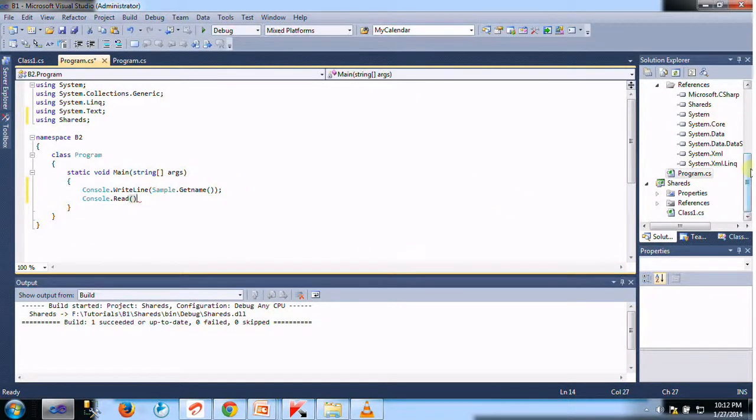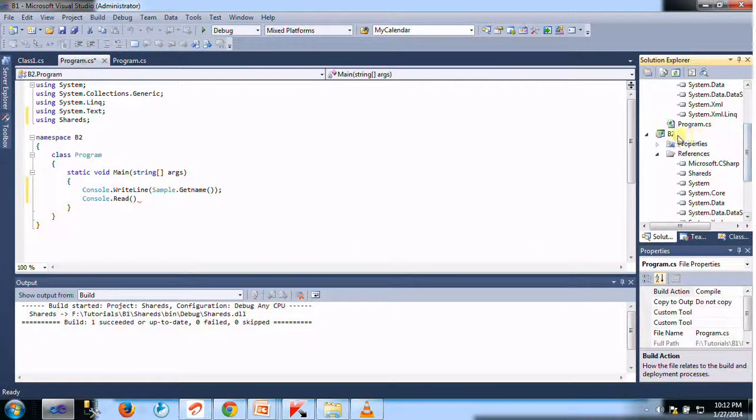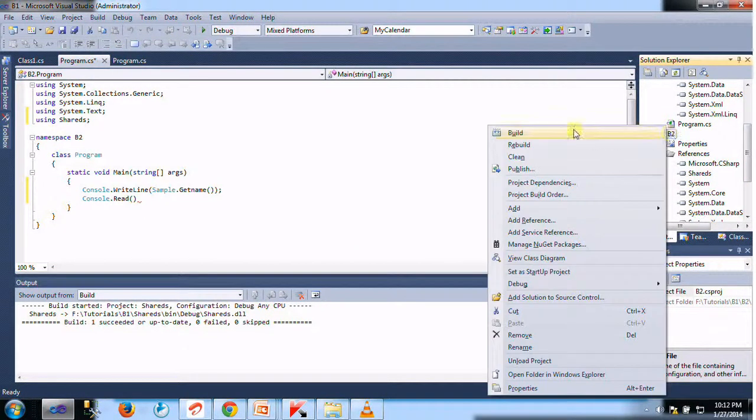Okay, it will happily run and build our P2 application.